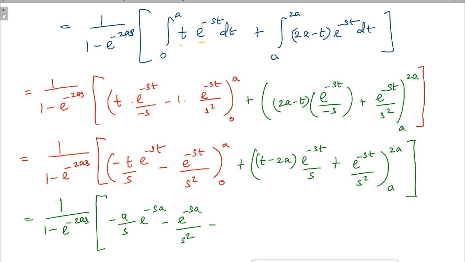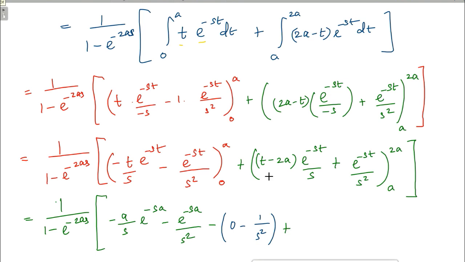So I have substituted the upper limits. You must substitute lower limits also after substituting upper limits. If you substitute lower limits, this term is going to be 0, this term is going to be 0, minus 1 divided by s square, plus,